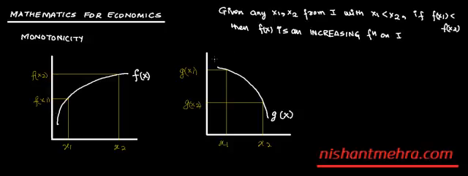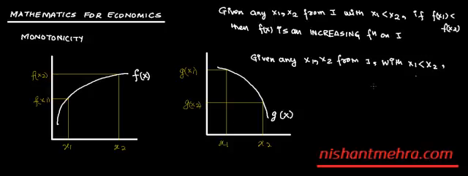Now, the other definition is for the decreasing function, that is, given any x1, x2 from I, you pick up any x1 and x2 from interval I, with x1 less than x2. Okay, x1 less